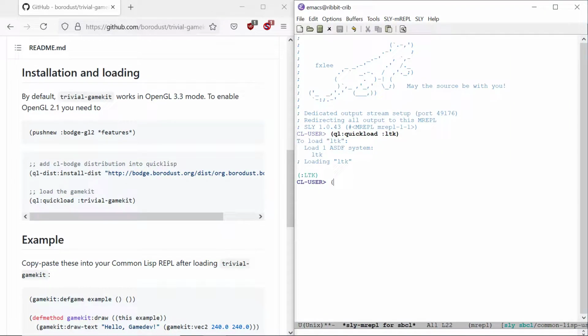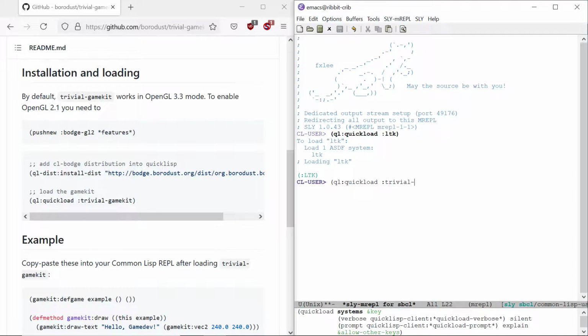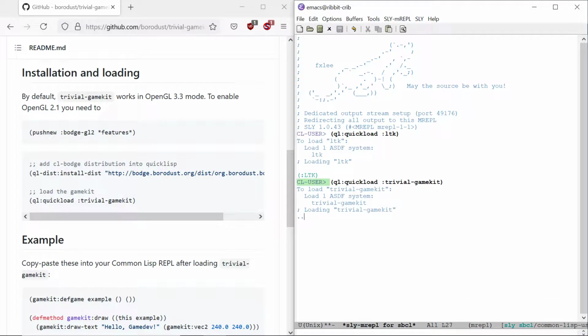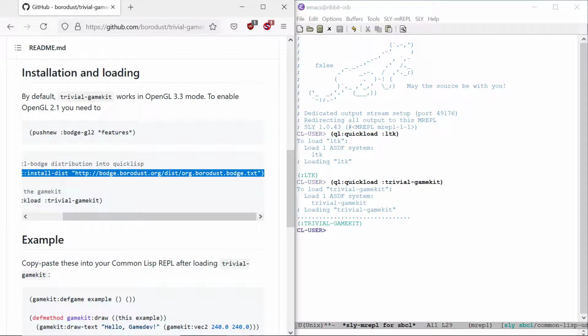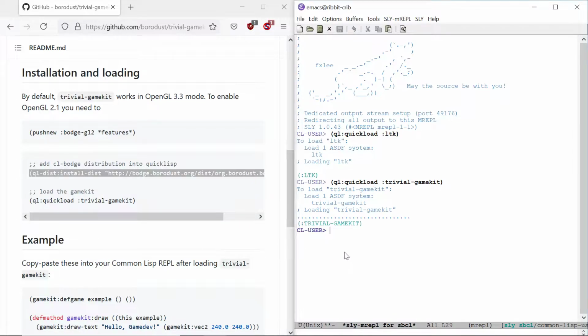So right now I can already load this. Quickload trivial-gamekit, because I've already run this command right here. This command's going to install a distribution, because Trivial Game Kit is not in Quicklisp, but some people, for whatever reason, don't want to have their stuff automatically in Quicklisp, because there are rules and stuff, and you might be breaking a lot of stuff, and if it doesn't work, they probably remove it anyway. So in this case, you would have to install this. Since I already have it installed,